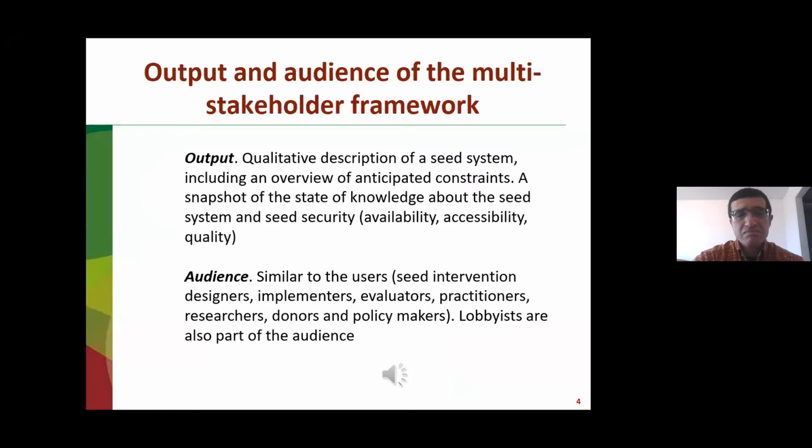Then the audience, the people who are using this output, is similar to the users, that is seed intervention designers, implementers, evaluators, practitioners, researchers, donors, and policymakers, and also lobbyists, that is people who are trying to influence